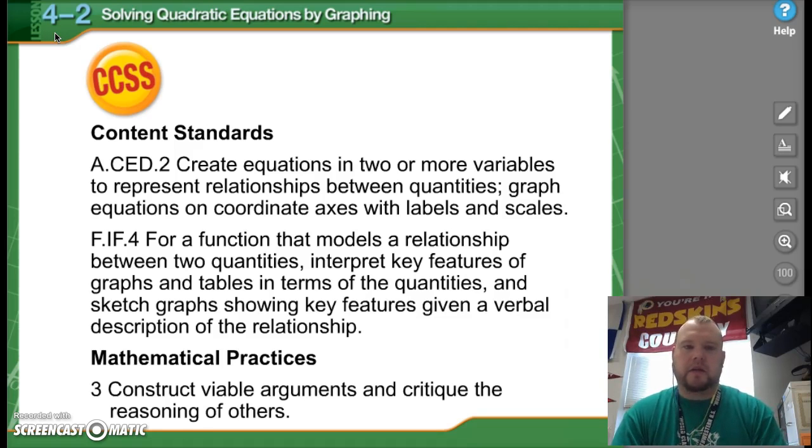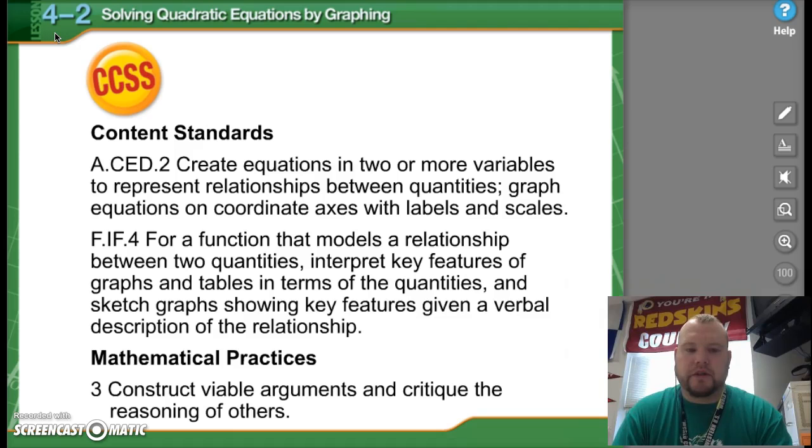Again, the first thing we're going to look at are our content standards. Our first standard is creating equations in two or more variables to represent relationships between quantities, and we're going to graph equations on coordinate axes with labels and scales. Our second content standard says that for a function that models a relationship between two quantities, we will interpret key features of graphs and tables in terms of the quantities, and sketch graphs showing key features given a verbal